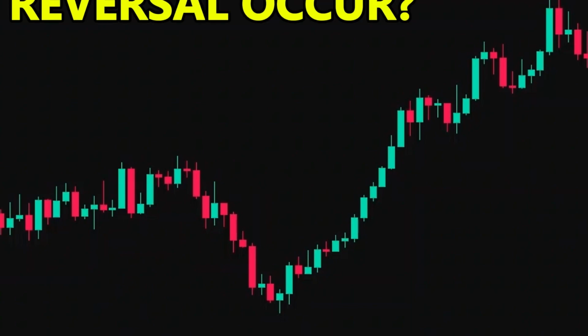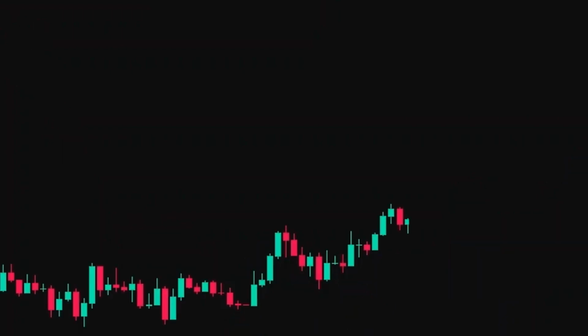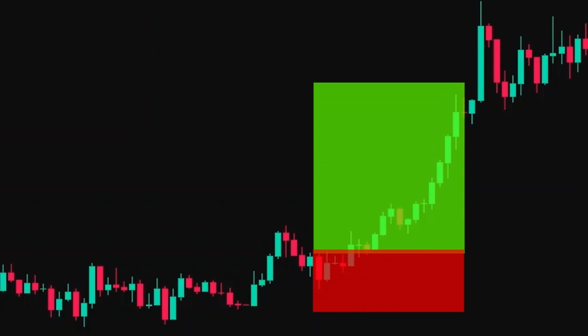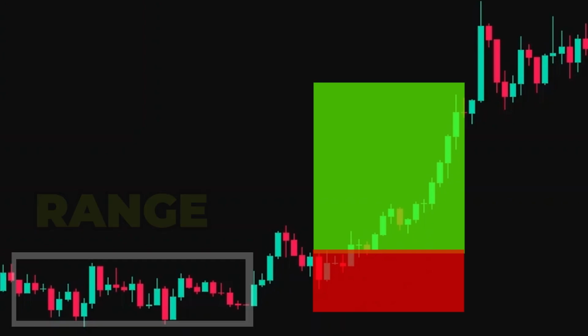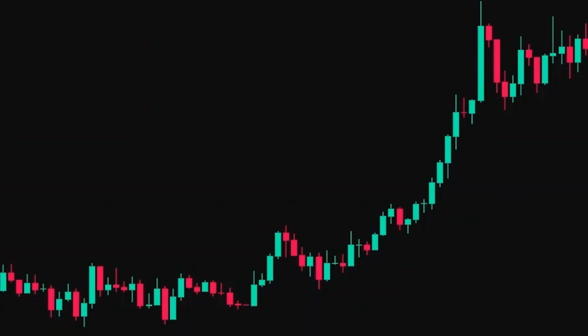Now let's see when does a reversal occur. There is not a specific time of a reversal occurring into the market. After analyzing hundreds of reversals in the market, we finally knew that most of the reversals occur after market goes into the ranging phase of the market, and that too. It usually makes a support and resistance zone, then breaks it, and then by grabbing the liquidity, the market makes a reversal. Most of the times, the price makes a pause before making a reversal, and thus, we must learn